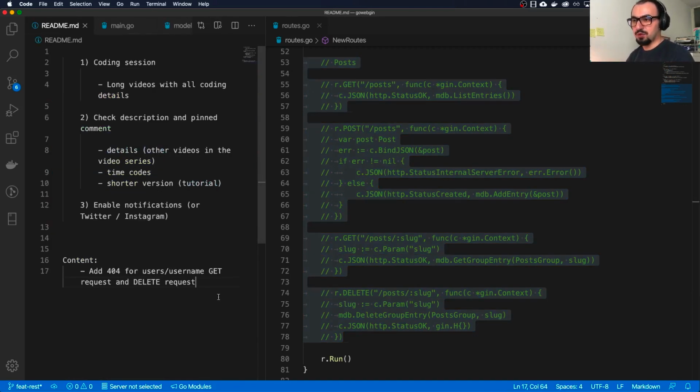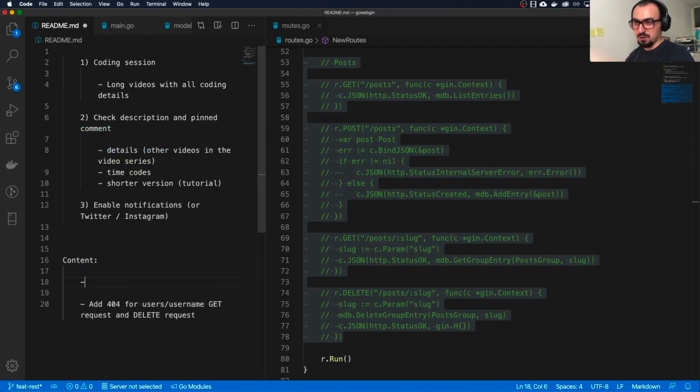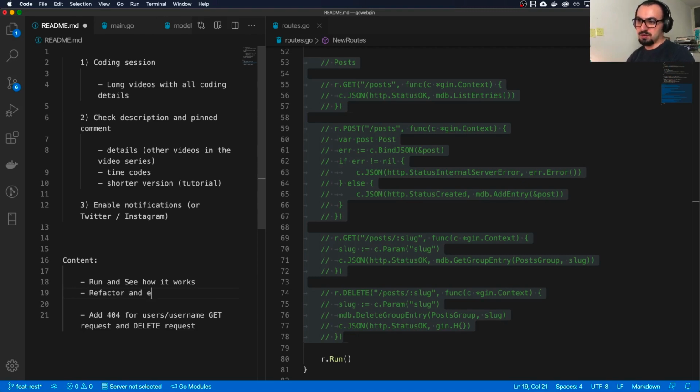So let me put some notes. We should also fix this one. So what we did, run and see how it works. Refactor and extract routes. I'm adding some notes about what we did in this video and what we will continue doing. So extract routes to separate file and refactor storage,